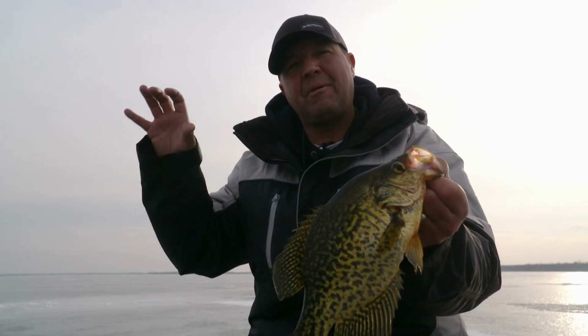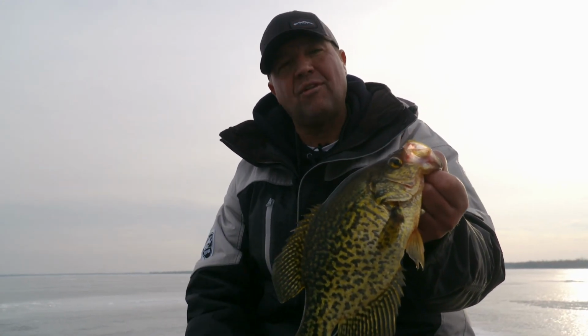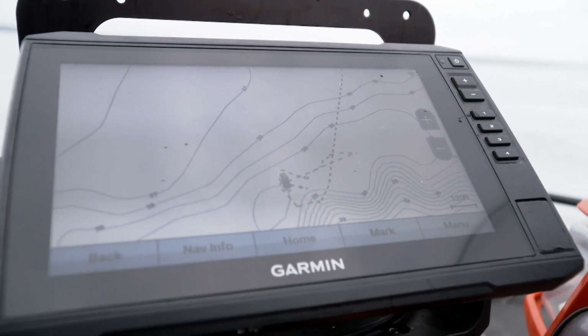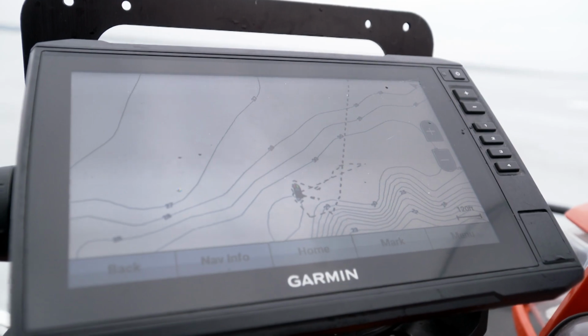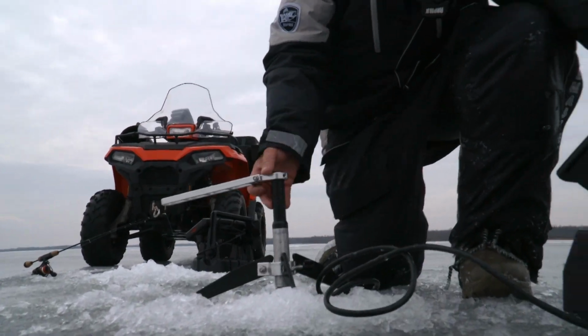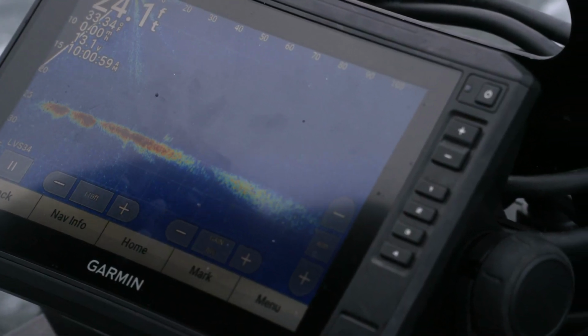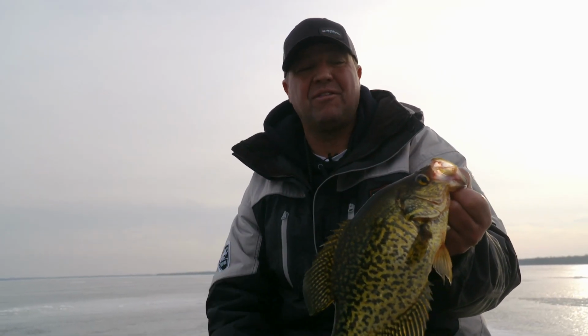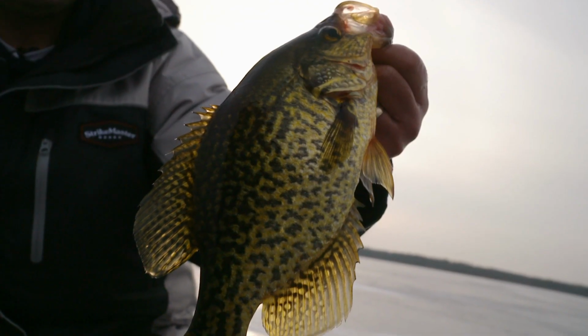One of my favorite things to do in the winter months is chase crappies. Don't be intimidated by large bodies of water. They hold large fish. They hold large schools of fish. And don't be intimidated by vast basins. Pick out those depressions within the basin, start on the edge, start drilling holes. If you have a forward-facing sonar and an auger, you can track down these fish in big numbers, have a lot of fun in the winter. Man, I love catching